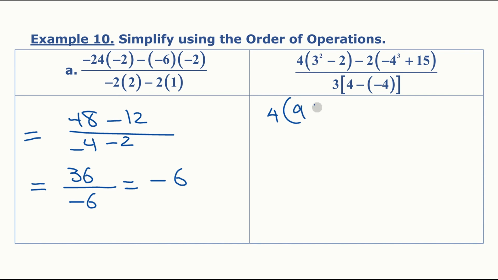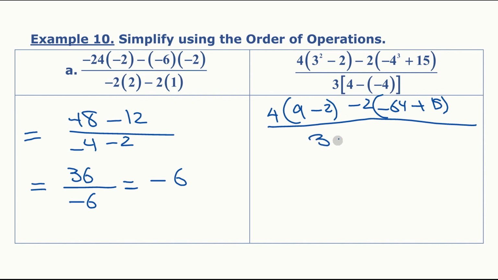So that's 9 minus 2 minus 2 times here we get negative 64 plus 15, and down here we have 3 times 4 plus 4. Negative times negative is positive, so we end up with 4 times 7 minus 2 times